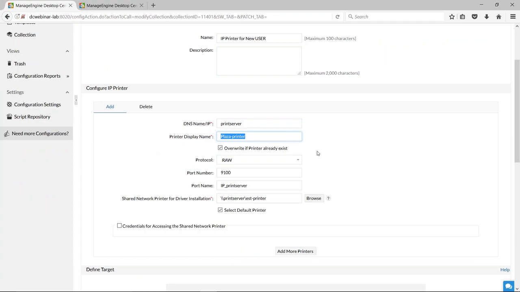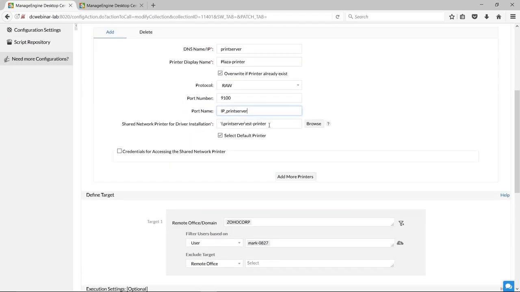And even if the user has any other printer, we can override if the printer already exists in the machine, and choose the protocol accordingly and provide the port number and the port name, and here we go. So the IP printer is nothing but, we are going to provide this user with the permission to